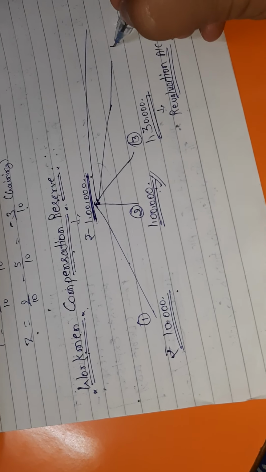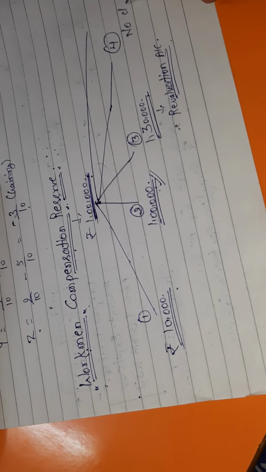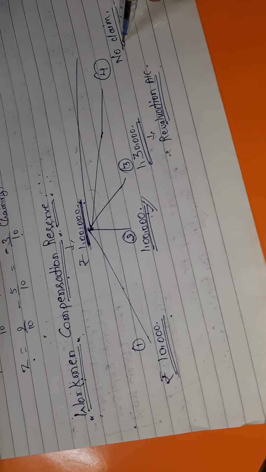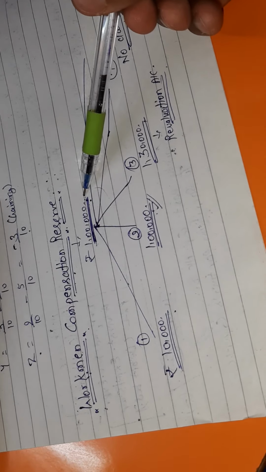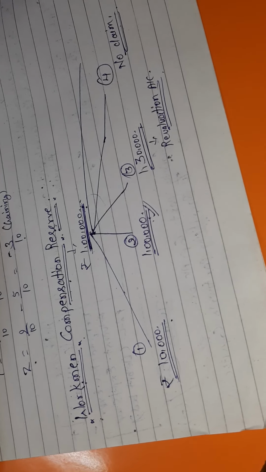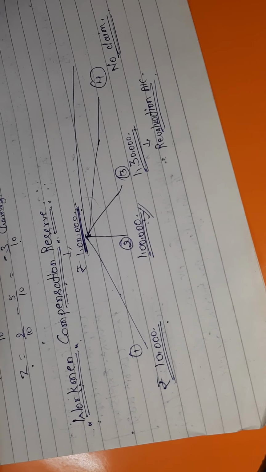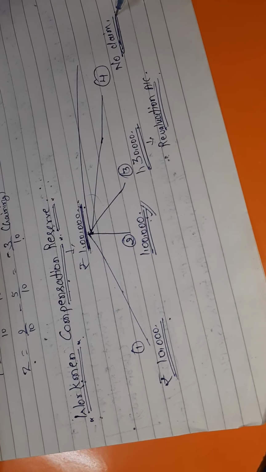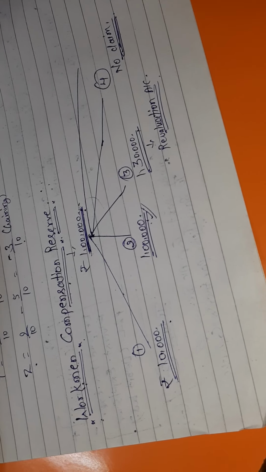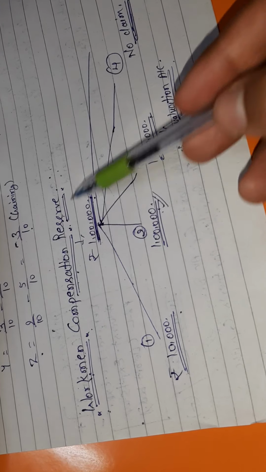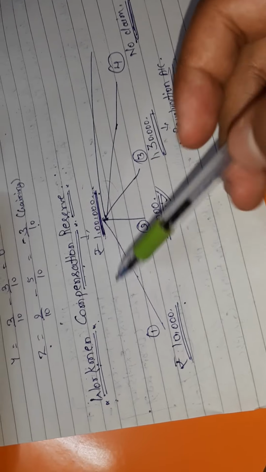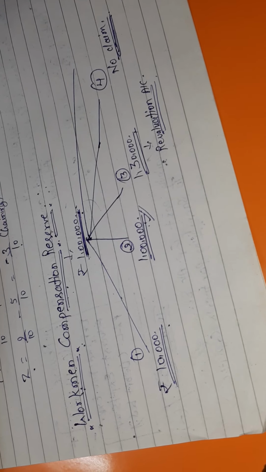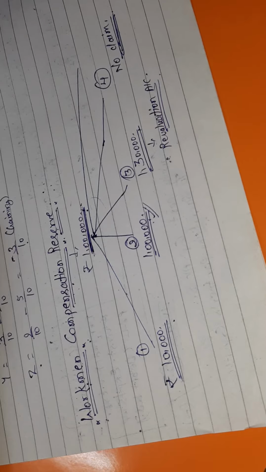Next condition, if there is no claim. You can say the last condition is when there is no claim, means you have a reserve of 1 lakh, but during the year no such accident happens in the firm because of which you have to pay any claim. So that's why there is no claim in the fourth case. So what do you have to do this time? This time you have to divide this entire amount among the partners. These are the only 4 cases in workman compensation reserve. So let's see what entries we have to pass in all these 4 cases.